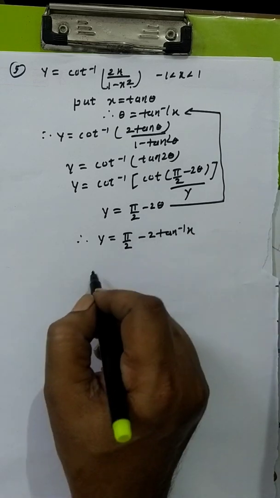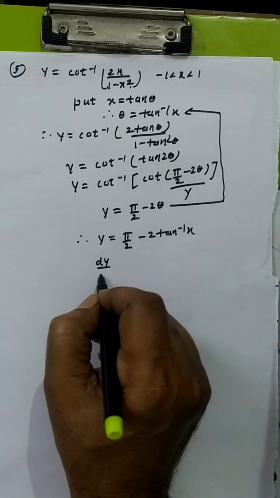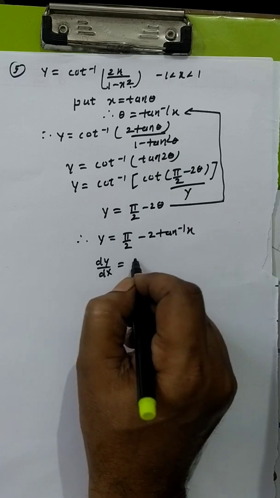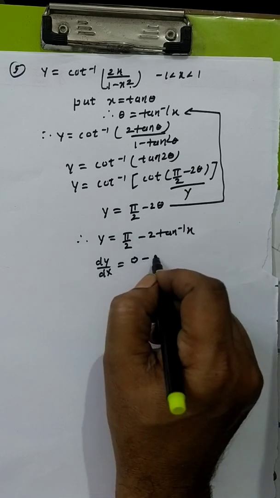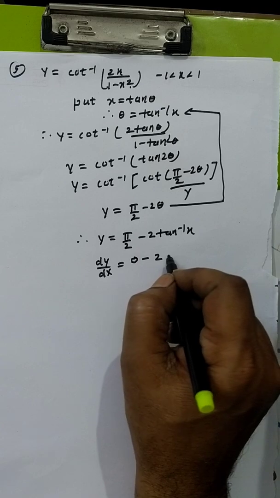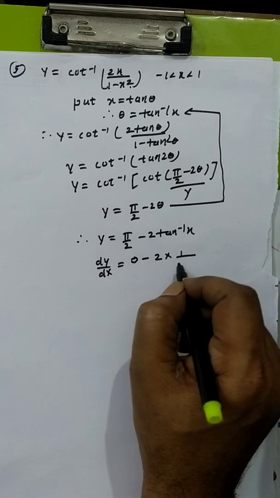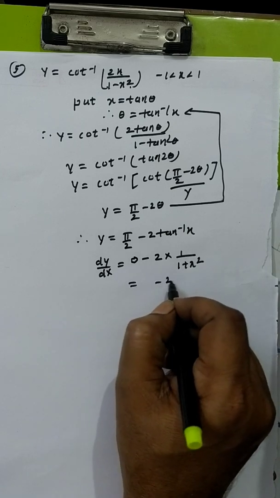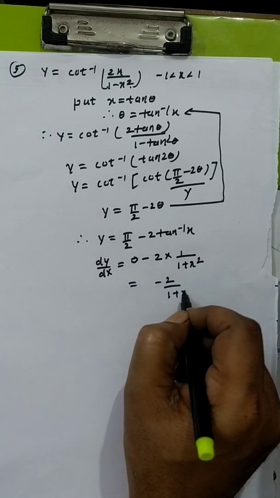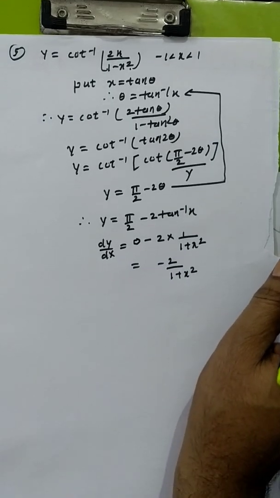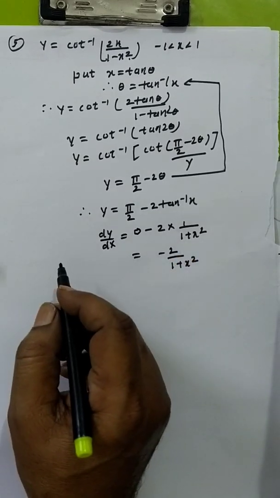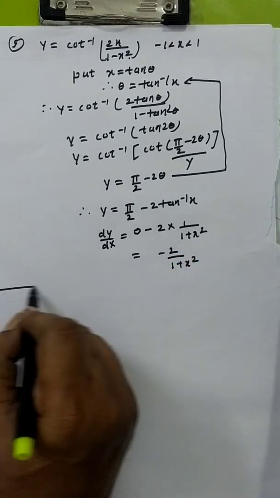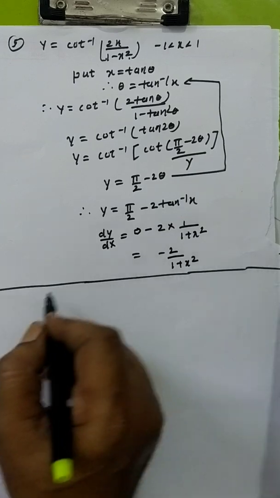Now we can differentiate. So what is dy by dx? Pi by 2 is constant, derivative of constant is 0, minus 2 into derivative of tan inverse of x, which is 1 upon 1 plus x square. So this will be minus 2 divided by 1 plus x square. This is the value of the derivative of cot inverse of 2x upon 1 minus x square. Next will come for